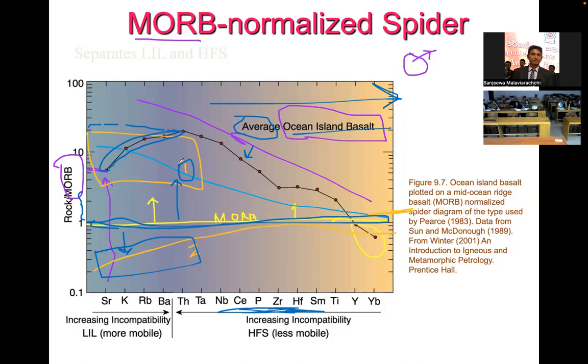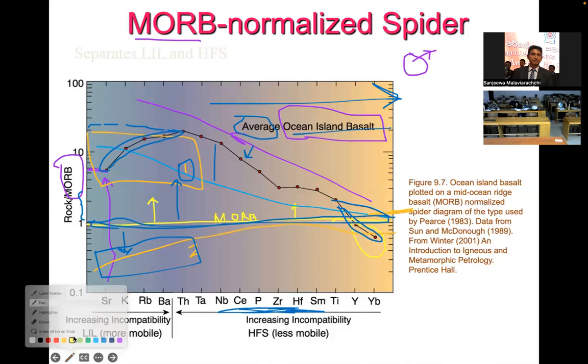Also, on the right hand side, I think there should be some change, because this is again highly depleted. This part is highly depleted. If it is real average ocean island basalt, it should go smoothly like this. Okay, this is how we identify different patterns with global compositions. You will learn it with time. Okay, right. Anyway, so if you compare this ocean island basalt and your unknown rock,